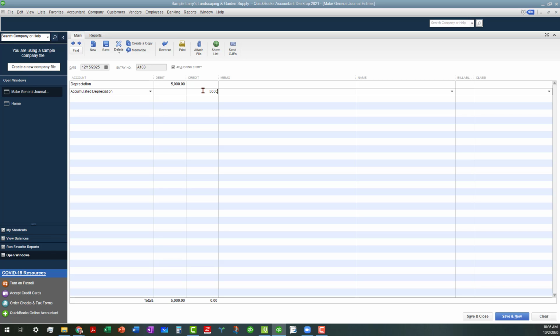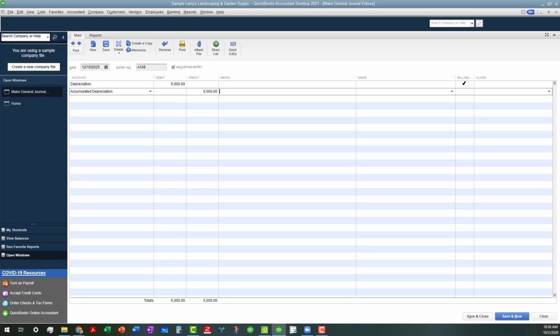And I'm not going to enter this in, but they have to balance out. That's the main principle of accounting, is that two or more transactions are entered that offset one another. You can put your memos in here. But as you can see, the only thing that you can assign to a general journal entry in desktop is